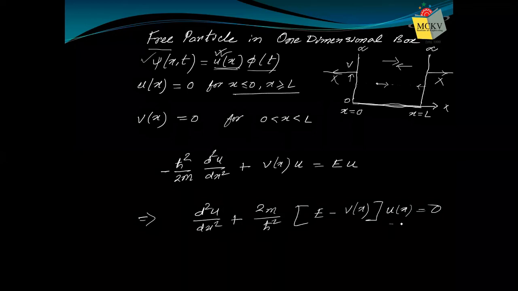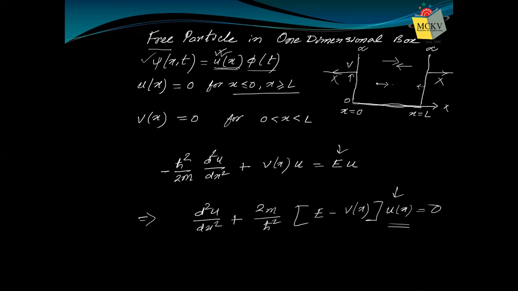We have to find out this value of u. I told you that for different applications, we have to find out this value of u. Remember, for all these applications, u is an eigenfunction, because when minus h cut squared by 2m d2/dx2 plus V(x) operates on u, that means the Hamiltonian operating on u, we get back u multiplied with a constant. E is the constant. So it's an eigen equation, u being the eigenfunction, and the eigenvalue is nothing but the energy. Okay, that is the general case.